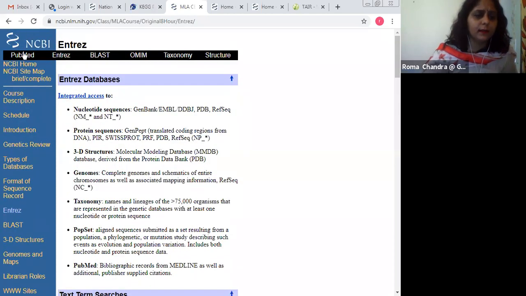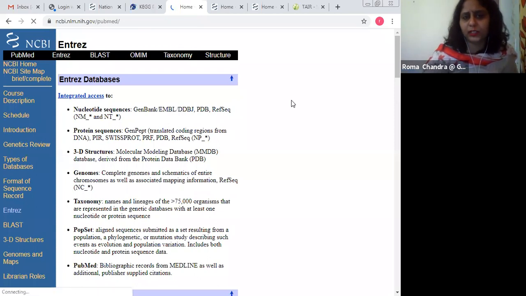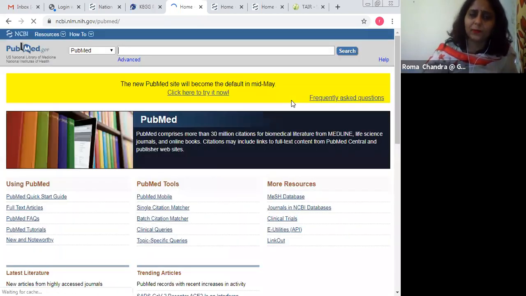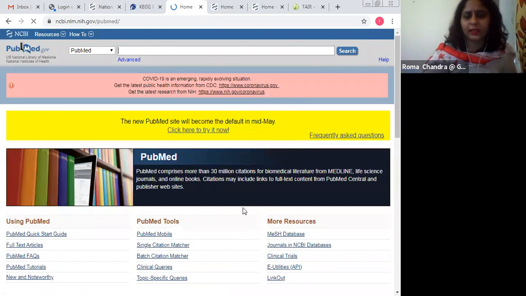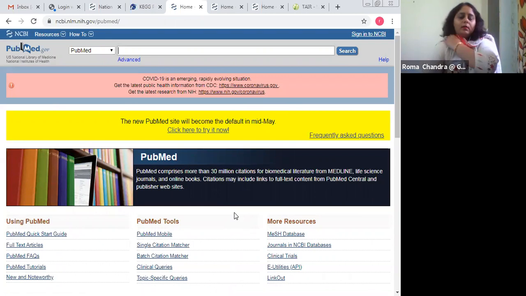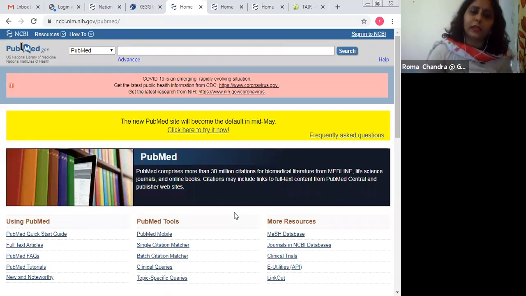The PubMed link is also there. You can go through the biomedical literature and bibliographic information. You can get research articles, books, or blogs related to biomedical literature, and download them. Certain ones are freely available and a few you need to pay for.